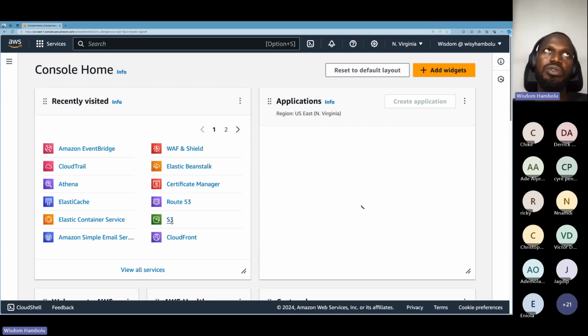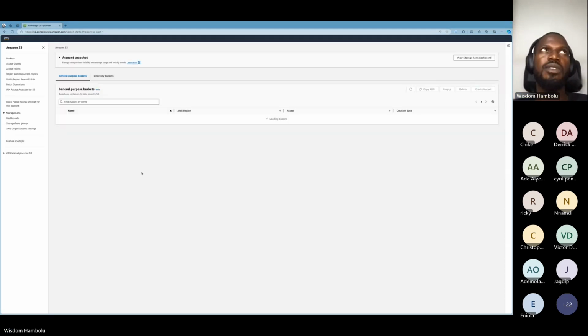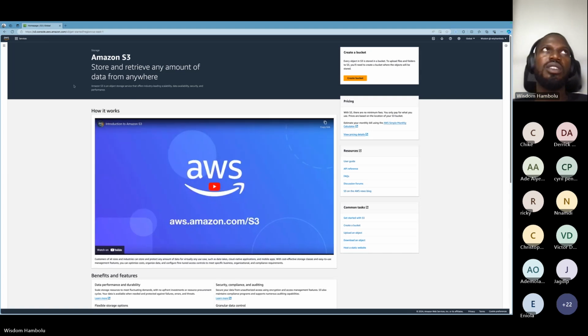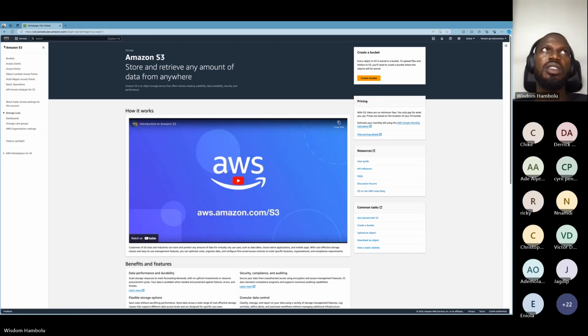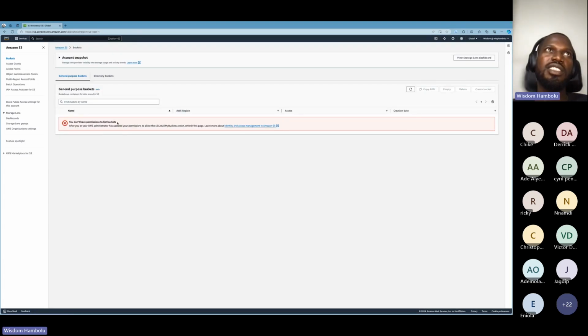So if I click S3 here, we would see that I get... it's just taking a bit of time to load. All right, cool. So S3 buckets. You see, it says you don't have any permissions, right? So basically I got denied